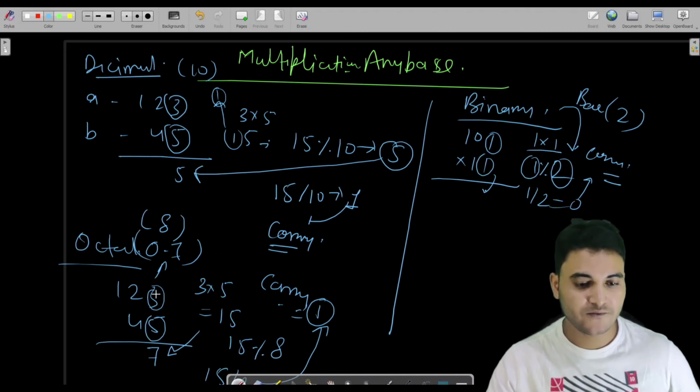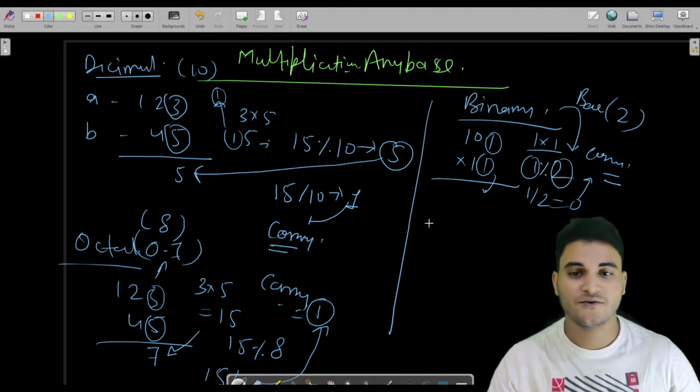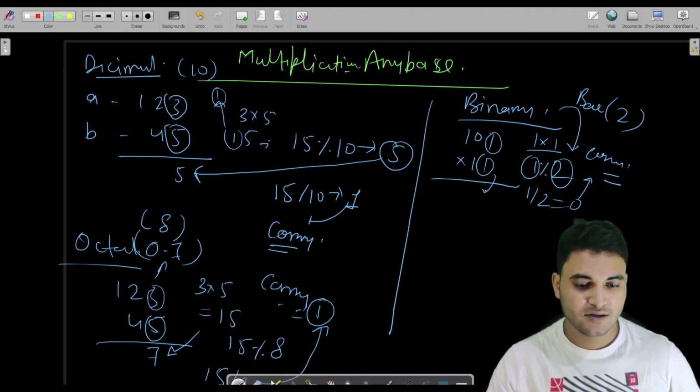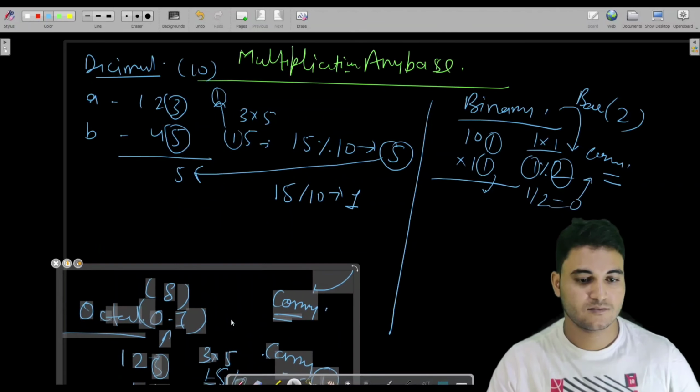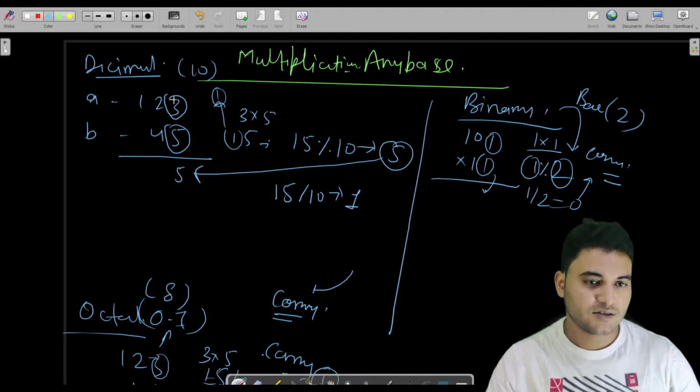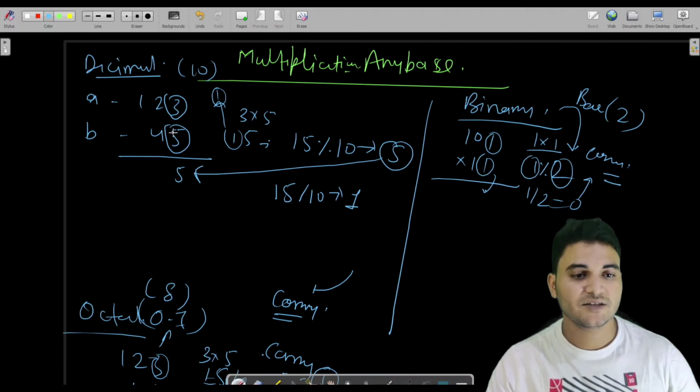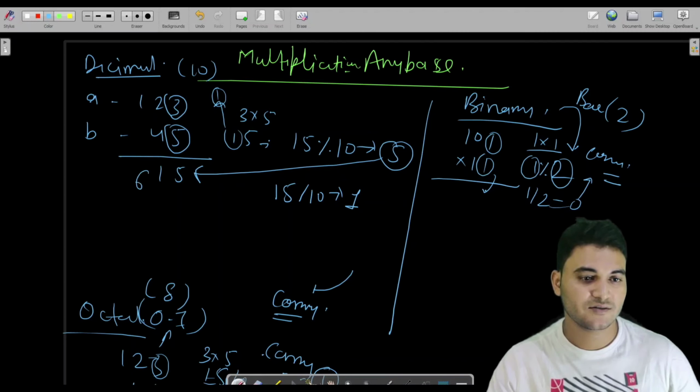One more thing which I left out is, what was that? Let us say here the multiplication part for this: 5 into 3 is 15, so 5 and 1 is the carry; 5 into 2 is 10, plus 1 is 11, so 1 and 1 is again carry; 1 and 6; 4 into 3 is 12; 4 into 2 is 8, 9 and 4.